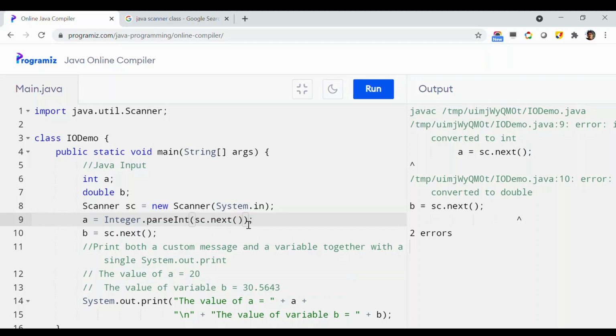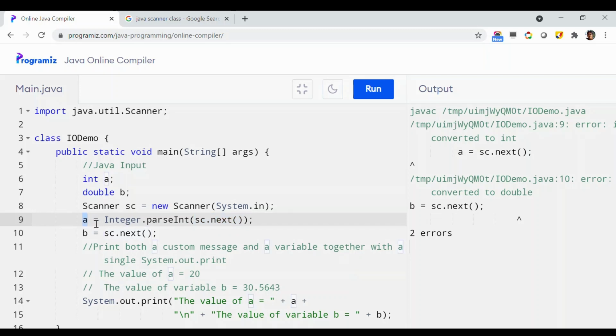When you enclose this sc.next inside Integer.parseInt followed by these parentheses, the user input will be read by the Java program first using sc.next,